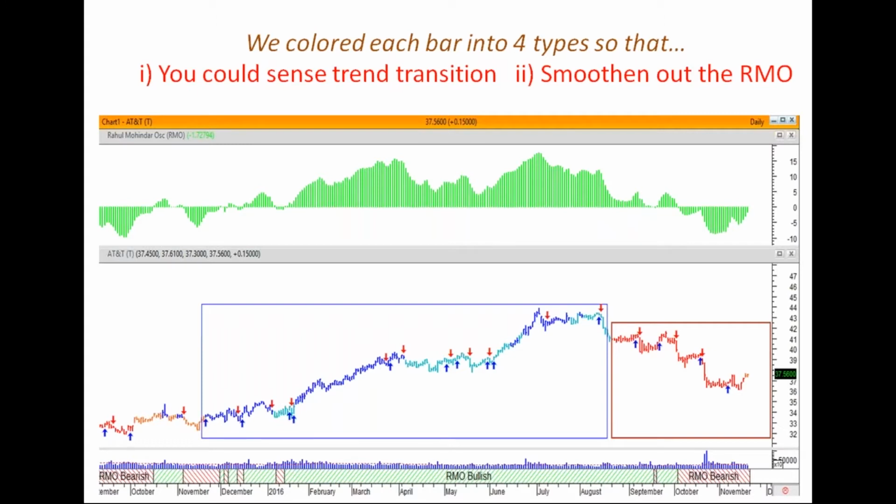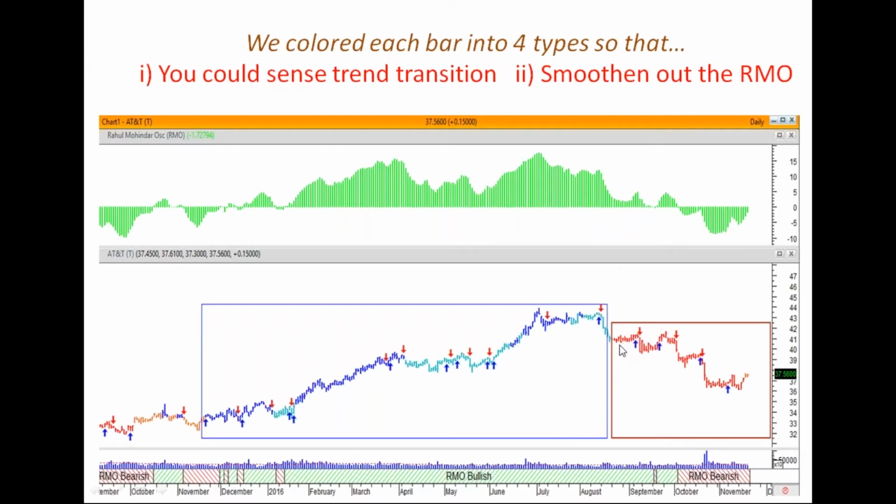Now, the other really nice thing, and follow me here, this is where the RMO super filter comes in so handy. Notice towards end of August, you see red colored bars where my mouse pointer is. So those red colored bars are a first-hand indication that the RMO is possibly in the phase of turning below zero. It didn't turn right there, but you got the hints. Dark red. It's not even orange. It's a dark red. And that's what was telling me that it's going to change, right? So you can see how the super filter is faster than the RMO over here.